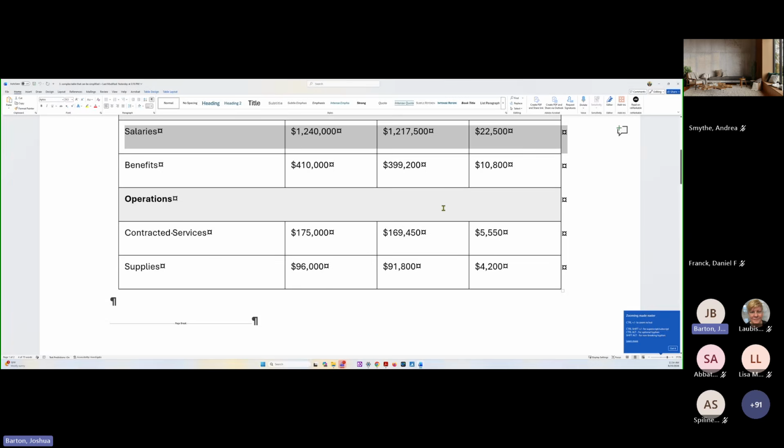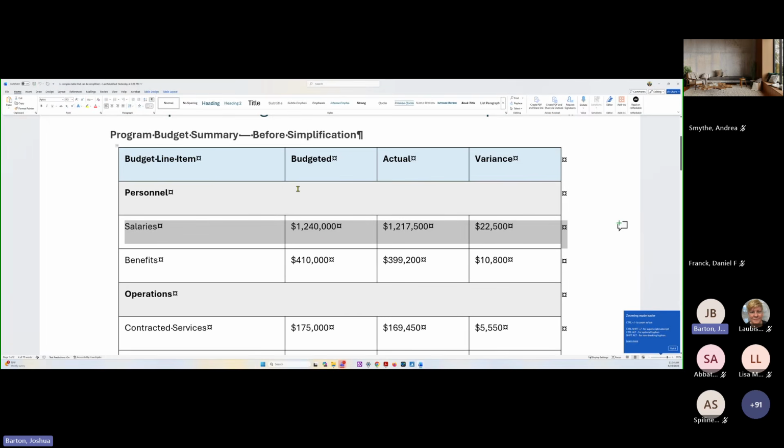And within that space, we could definitely go through the process of remediating this and making it fully accessible. But there are some other considerations we could make within this table, right? We could pull it out and separate the personnel one from the operations one. We could look at lots of different ways to restructure this and have some more robust conversations around how we might want this to function and serve to still address the same information, but in a simplified manner that makes